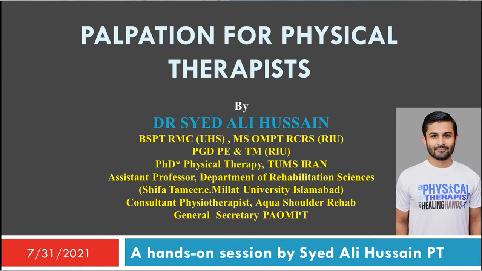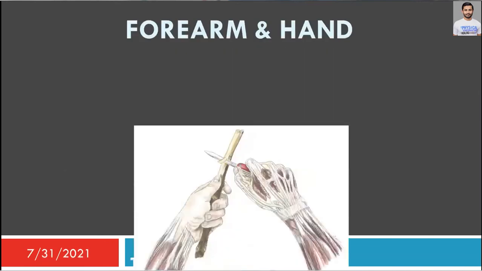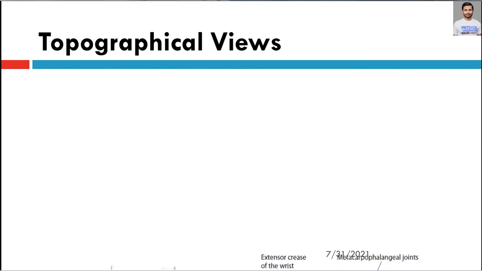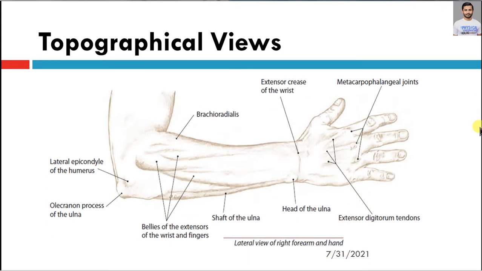Today we'll be discussing how to palpate the forearm and hand. So we'll start with the traditional topographical views and then we'll progress to the more detailed views. In this view we can see the right forearm and hand, and there are different structures that we can easily